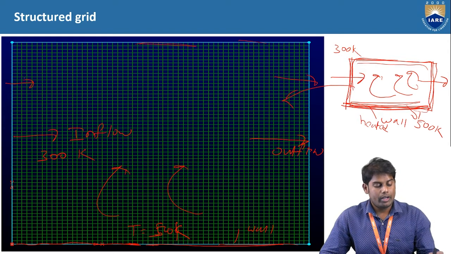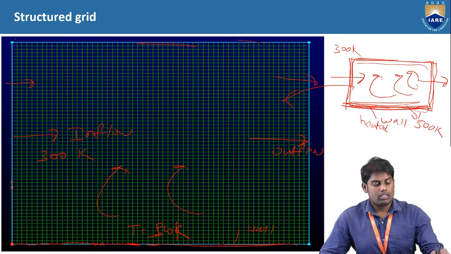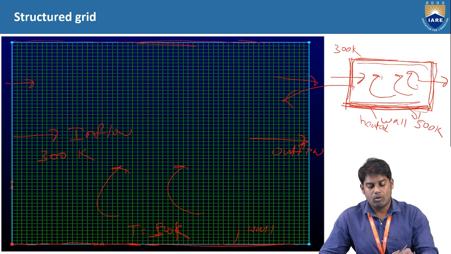Here the domain is an entity which is the area of interest where you are doing these computational fluid dynamic operations. When you perform the grid or mesh, these are the domain boundaries.